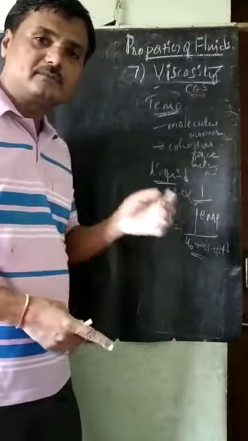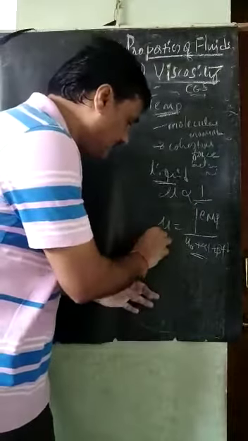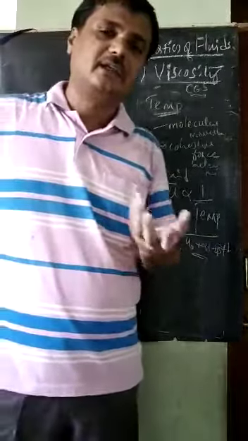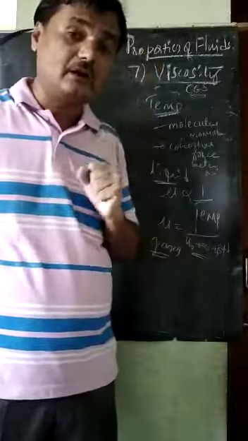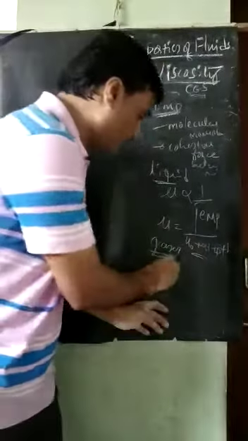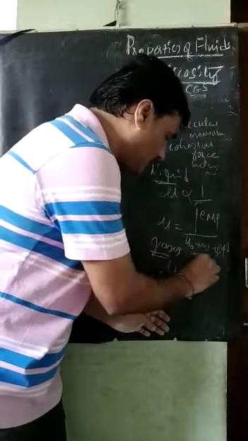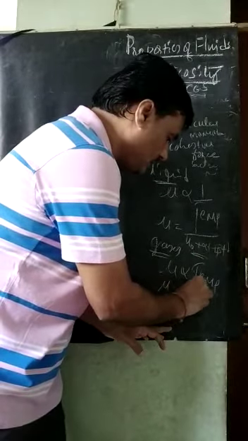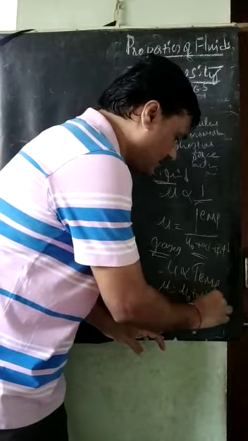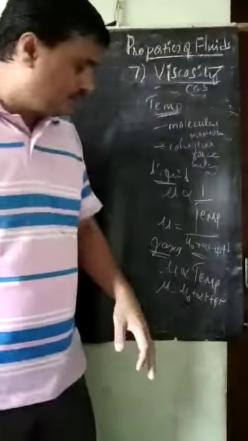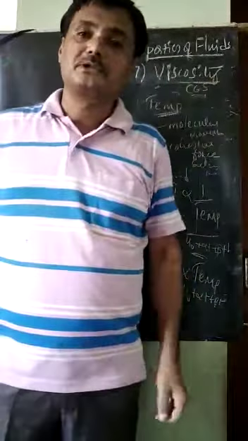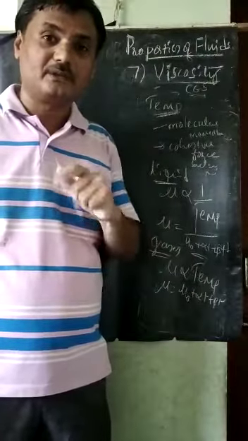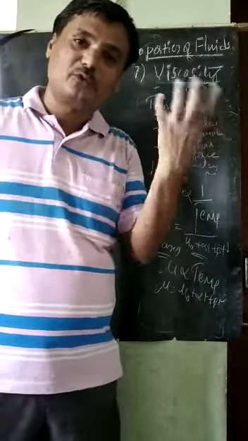So that is the case for liquids. Whereas in the case of gases, like air, helium gas, nitrogen gas, in all the cases the viscosity is directly proportional to the temperature, just like mu is equal to mu naught plus alpha T plus beta T square. So it is directly proportional to the temperature. It means that when the temperature increases, in the case of gases, viscosity will also increase.